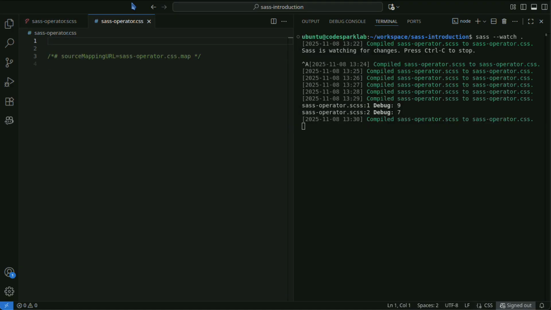When you compile the SAS file to CSS, it will look like this. As with mathematics, precedence rules apply, so use parentheses to ensure calculations occur in the intended order. When using operators in SAS, it is important to write code with future compatibility and readability in mind. In complex expressions, clarify calculation order by using parentheses, and prioritize code readability.